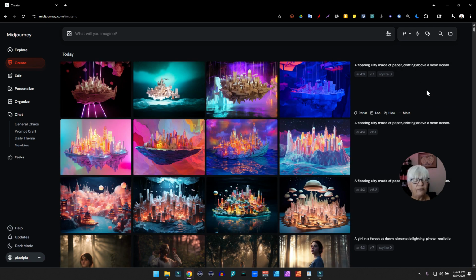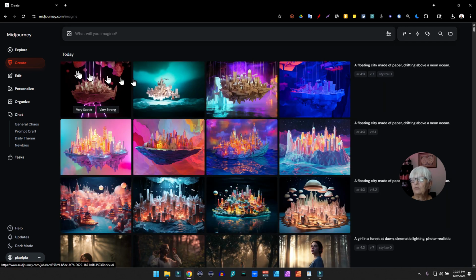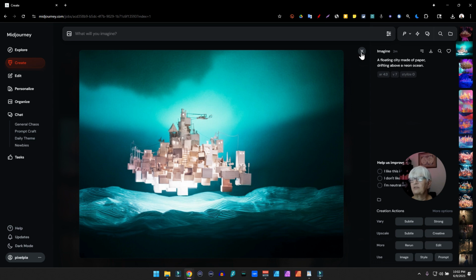So as I said, if I was going to make something fantastical, surrealistic, I might choose model 5.2. If I want something more, maybe not artistic, but more realistic, I might choose model 7.